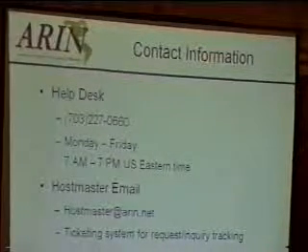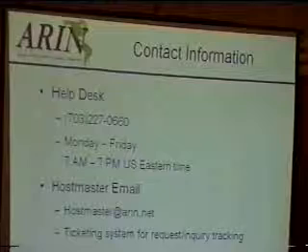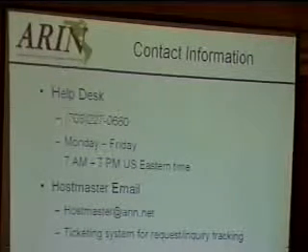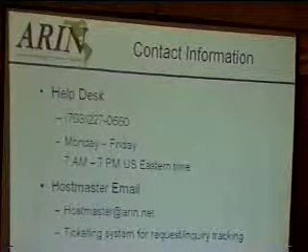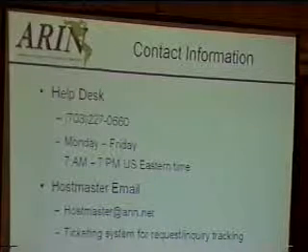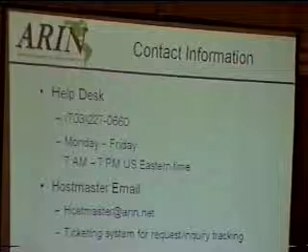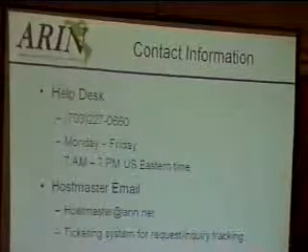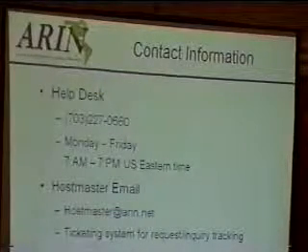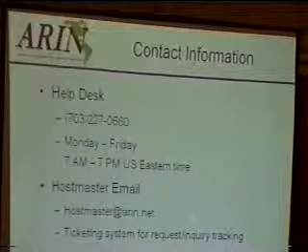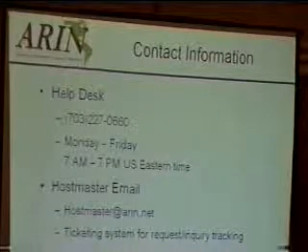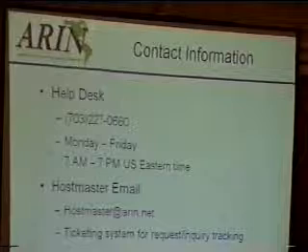Hostmaster email. You can send any type of question you want about registration related activity to hostmaster@arin.net. Someone will read your email and give you a response. We'll answer your question. And for any email that you send to hostmaster@arin.net, we have a ticketing system for request and inquiry tracking. So you'll get a ticket number with every email that you send to hostmaster@arin.net, and we can track that